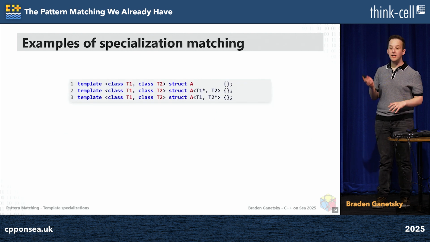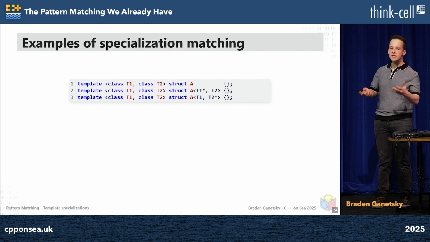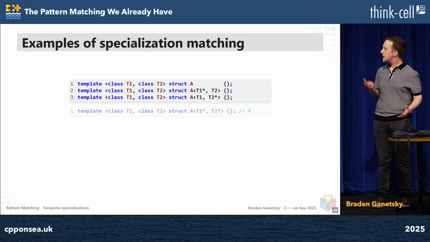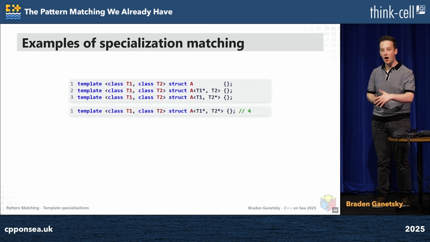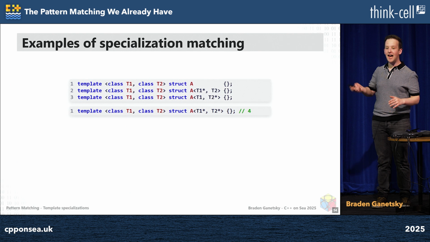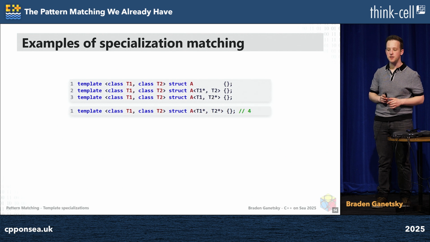We can do that. We can add another partial specialization that is sort of more specialized than the 2 that are ambiguous, that looks like this. We can have a of t1 star comma t2 star. And now if we define this, now there's nothing that's ambiguous anymore. Because if we have both types that are a pointer, yes, it'll match 2, yes, it'll match 3, but it'll match 4 more than it matches 2 and 3 based on the ranking that I'm not getting into in this talk. It goes really into the weeds.